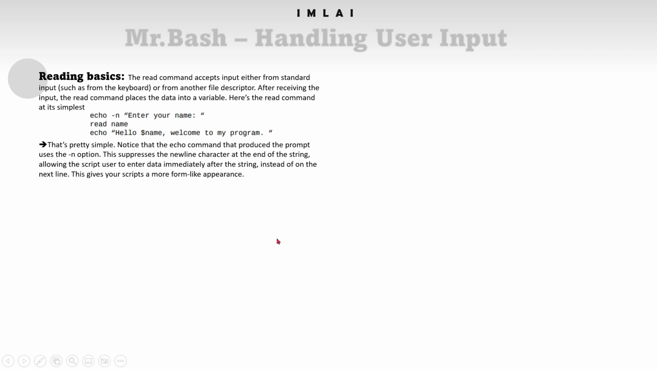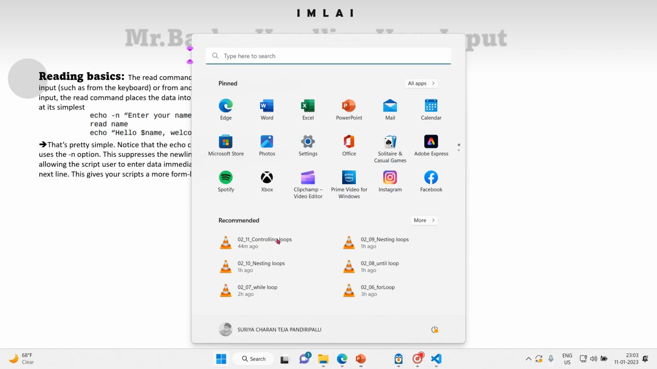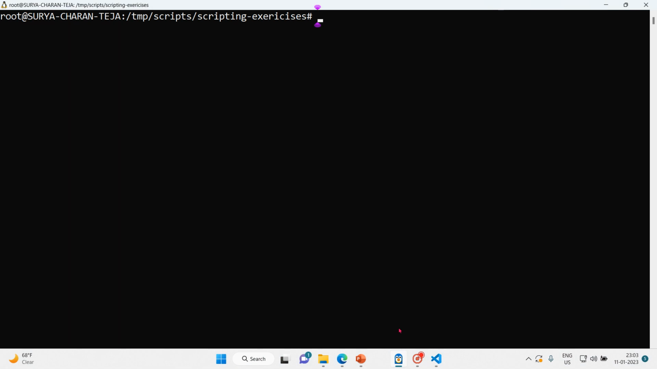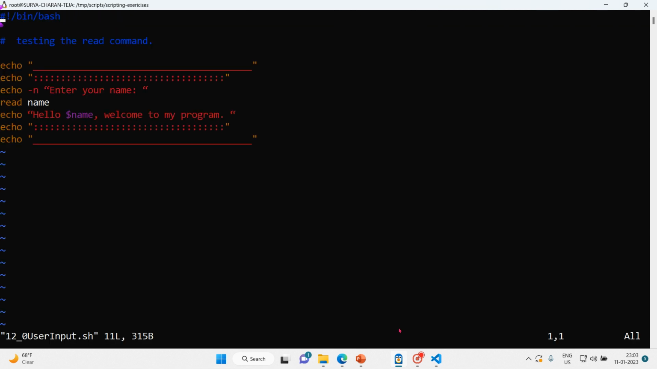Okay, let's go for our first exercise in handling user inputs. Vim user_input.sh, and this is our first example. So bin bash, testing the read command. The first two echoes are for decoration purposes. Then after that, we have echo enter your name. So whatever you enter here